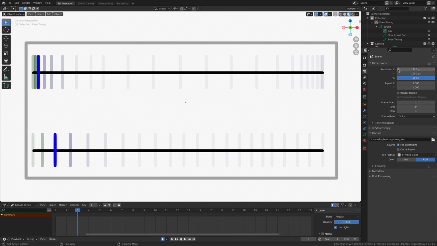Most of the time, all of this stuff is going to be set by your sequence, your animation timeline stuff down here, but it's always good just to do a confidence check before we hit that magical render button.